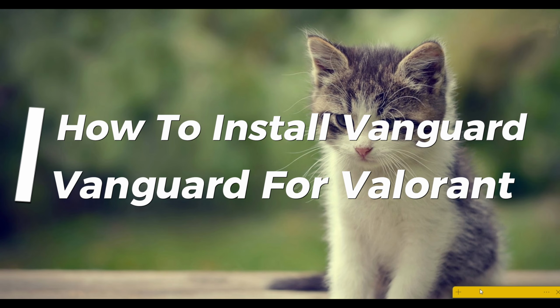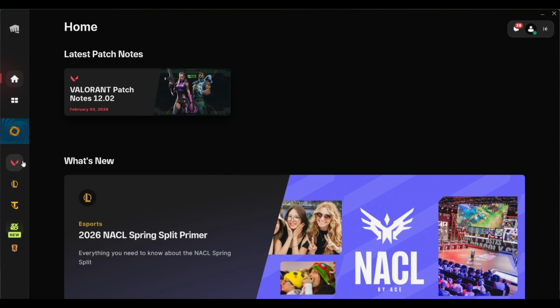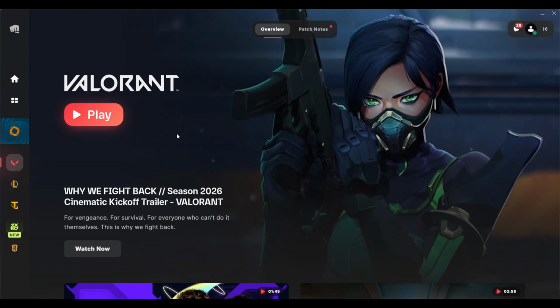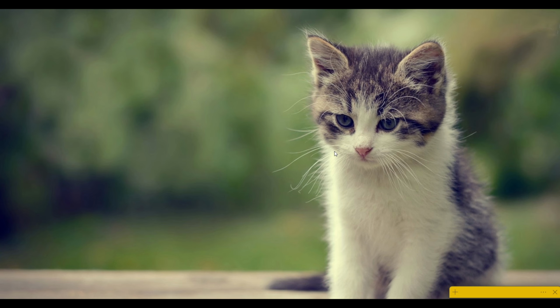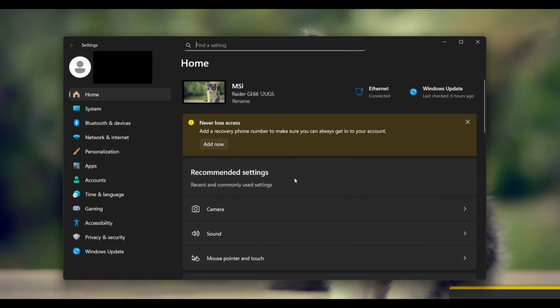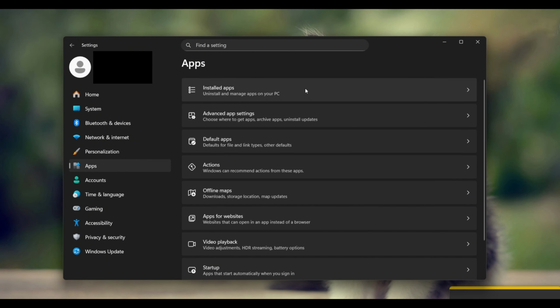How to install Vanguard for Valorant. So we're just gonna go ahead and do everything from scratch, from uninstalling Vanguard itself, to make sure there aren't any extra problems. So first of all, go into your device settings, go to the apps and just